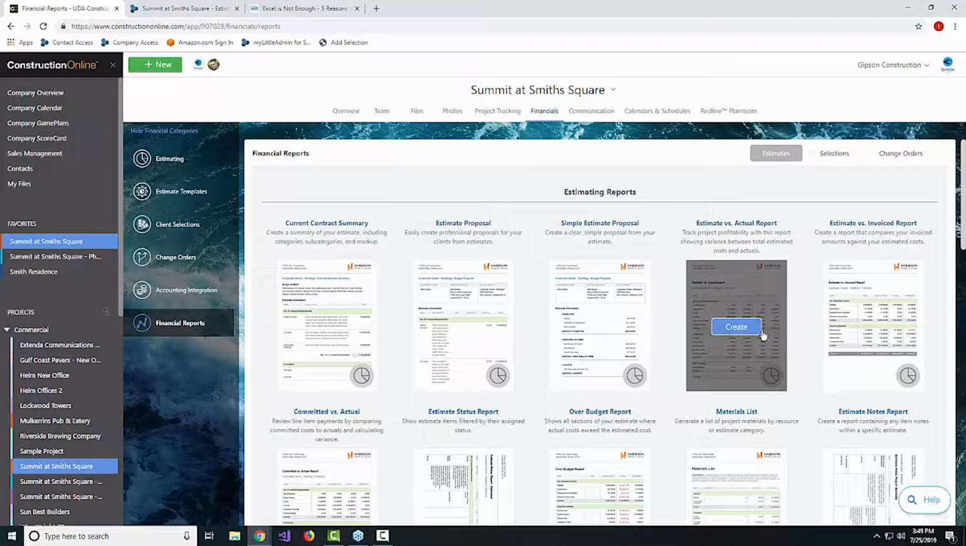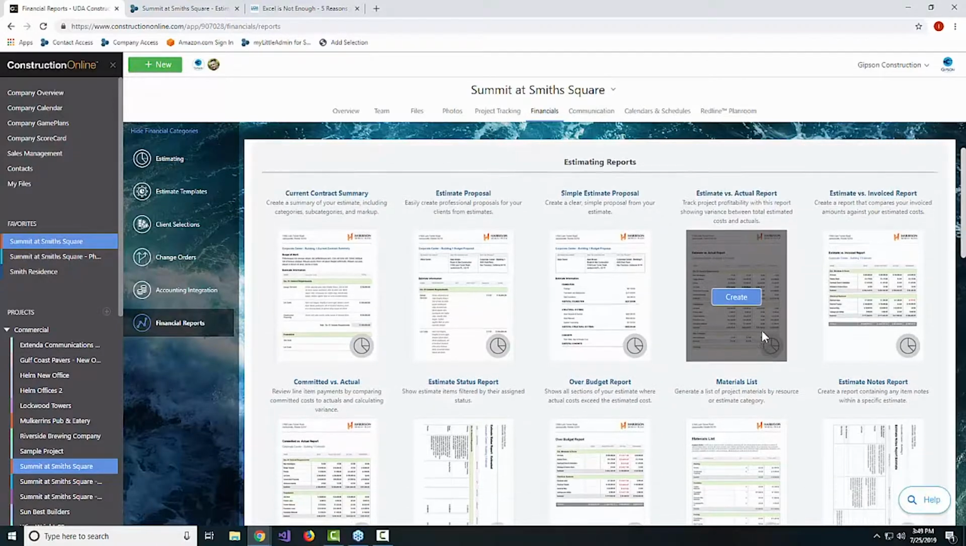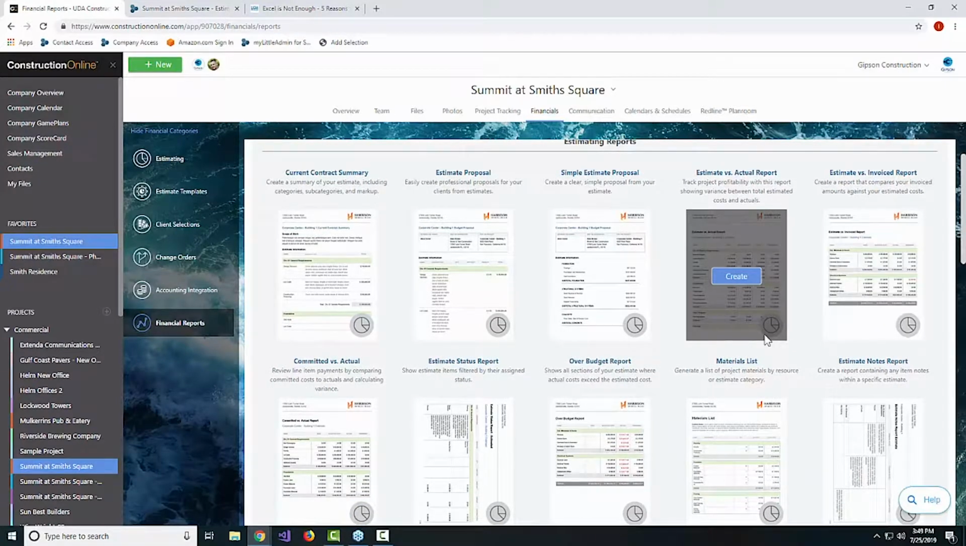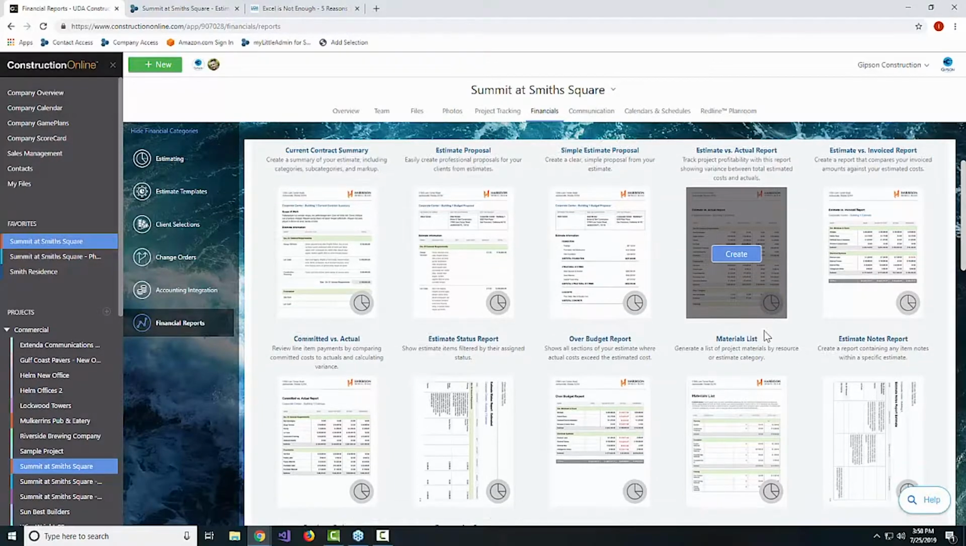So my recommendation would be run the estimate versus actuals at the end of every week and send it off so that people can take a look over the weekend to make sure that there's nothing in there that needs to be addressed. And then for any material deliveries that are coming through, I highly recommend running a material list in